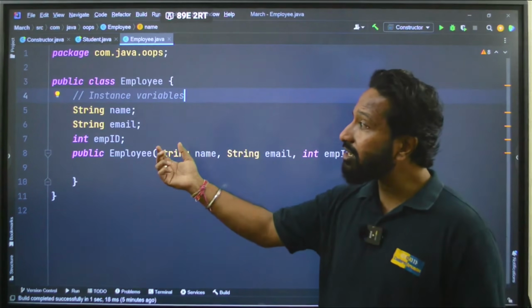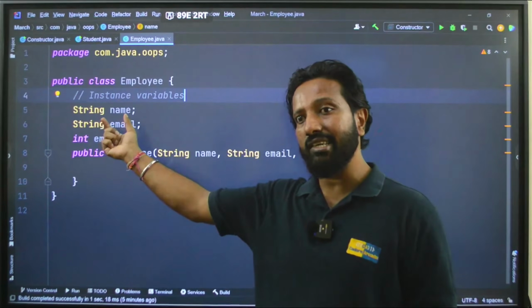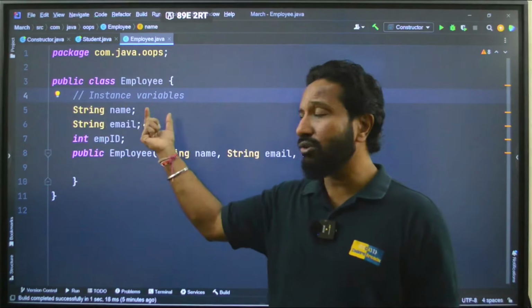Instance variables, in the sense, whatever object is created, to each object these three variables will be assigned, right? These are the attributes or the properties. They are also called instance variables. So now,